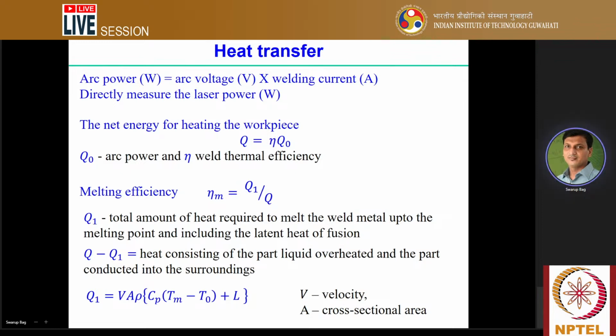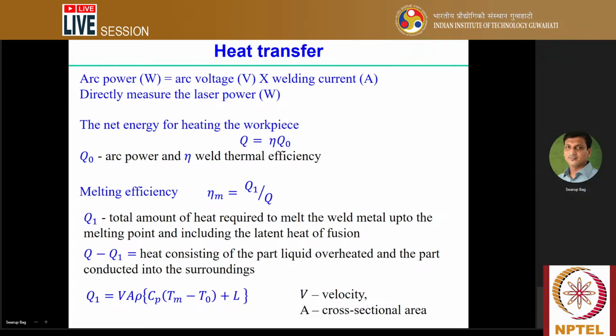So therefore, if we take care of this part, then we can introduce the efficiency term. The net energy for heating the workpiece, once we create the arc, the effective energy transferred to the workpiece, is what we introduce as Q equal to efficiency times Q0. Q0 is the actual arc power, and the efficiency is basically the weld thermal efficiency. That's the factor we have considered here, indicating the actual amount of heat actually